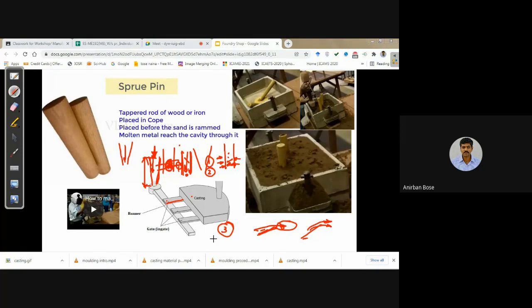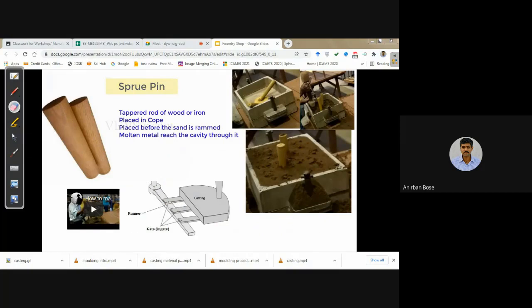So these are certain things you try to remember regarding the gating system, and these are the different terms that you can see with respect to the gating system. Gating system means the passage through which finally molten metal goes into the mold cavity.